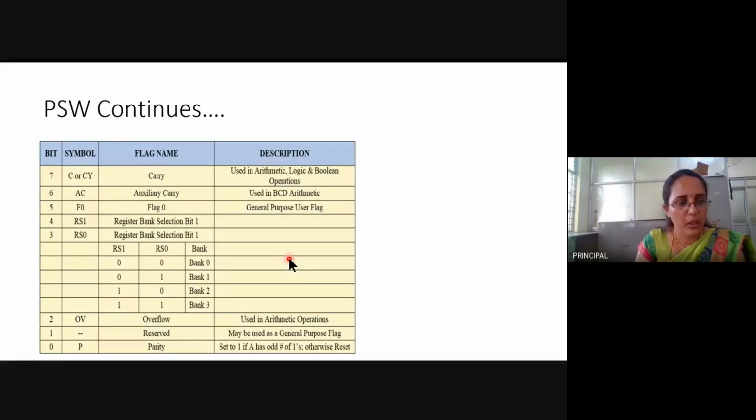Bit 7 is the carry flag, bit 6 is the auxiliary carry, then RS1 (register bank select 1), RS0 (register bank select 0), bit 2 is the overflow flag, and bit 0 is the parity flag. Carry, auxiliary carry, RS1, RS0, overflow, parity: these bits indicate some condition of the instruction execution.